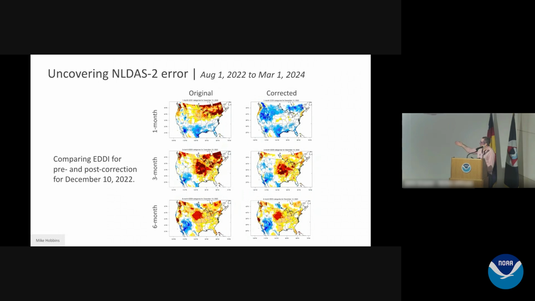So we ran our EDDI and re-estimated it and corrected it. And you can see there's a huge difference between the 2 columns for that particular date. And we were able to do that through a lot of hard work and looking into the data. But had we had that decomposition tool, the attribution tool available, we would have done it immediately. It would have been very, very quick, which hints at the diagnostic power of that attribution tool, the decomposition I just talked about.